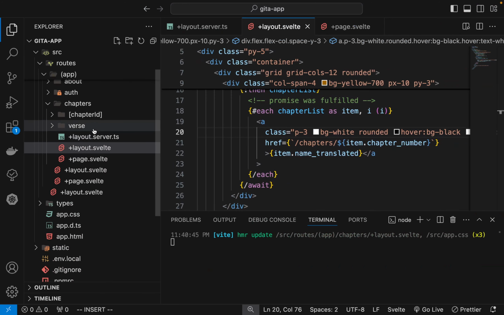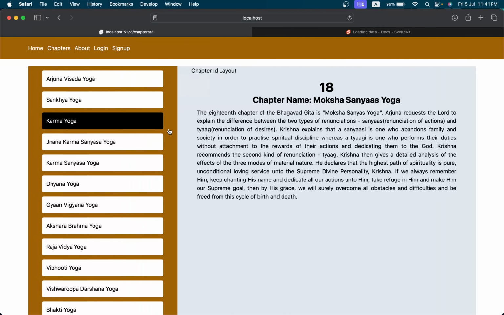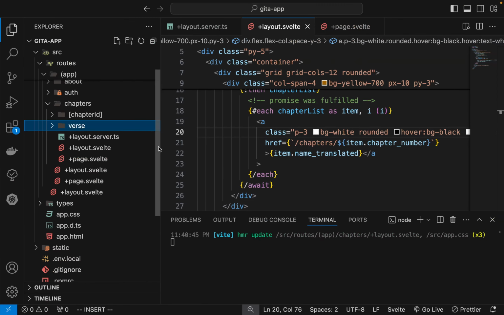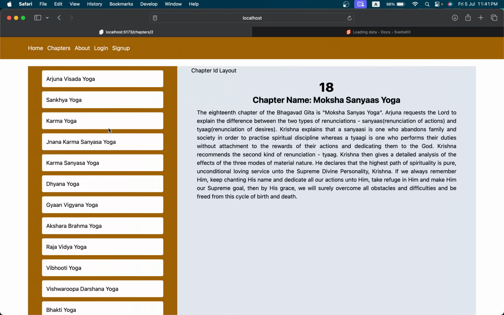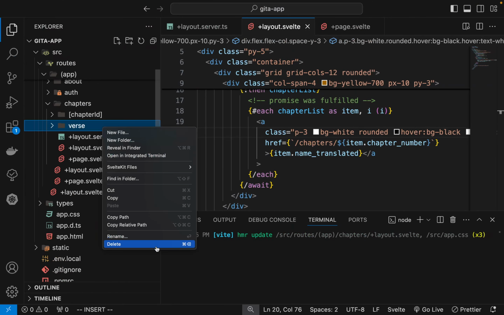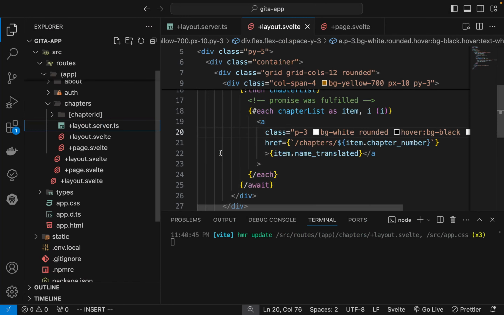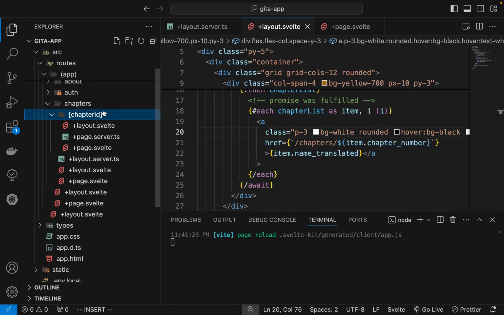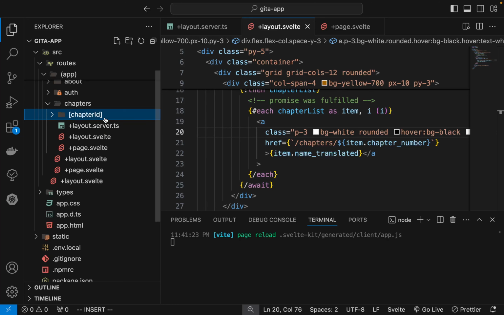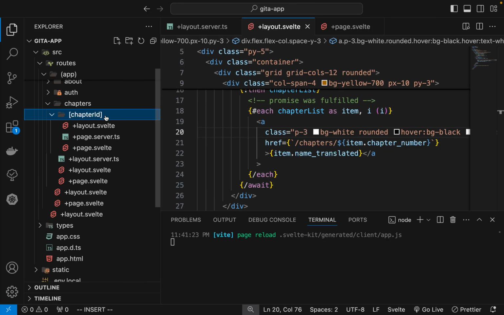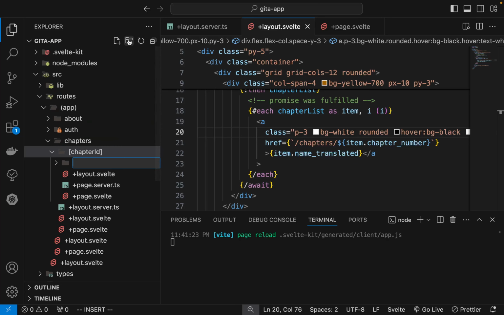Now we can also add the verses here, right? So to see the verses, we can navigate to the base verse. So we don't need this verse here, just delete it. We want to show it inside the chapters again. So under the chapter ID, you can see it, and we need to create another route nested inside here that is being called the